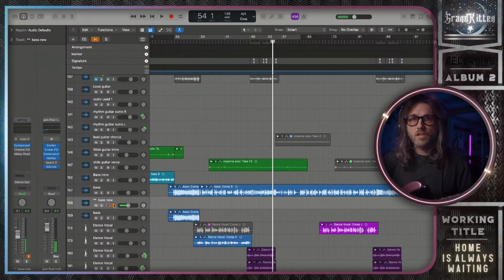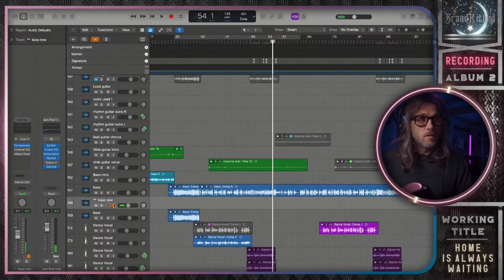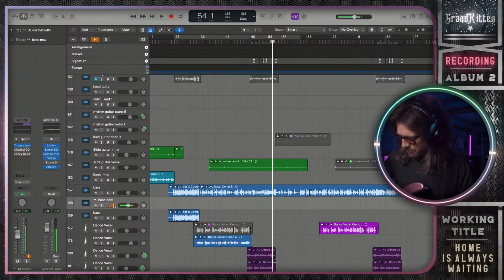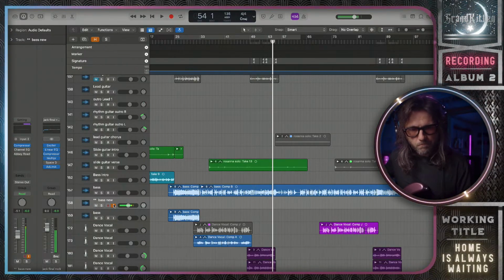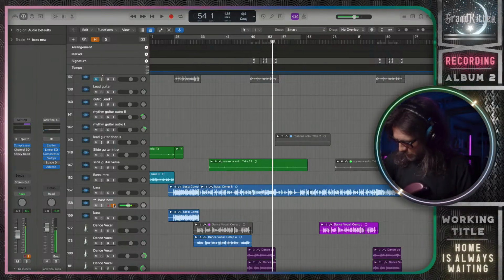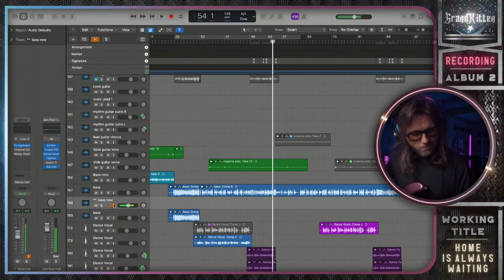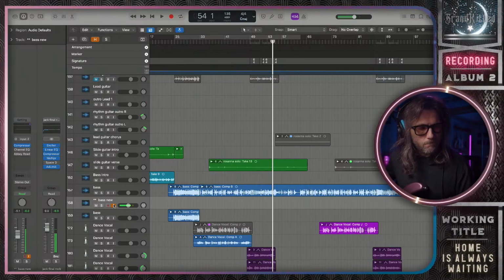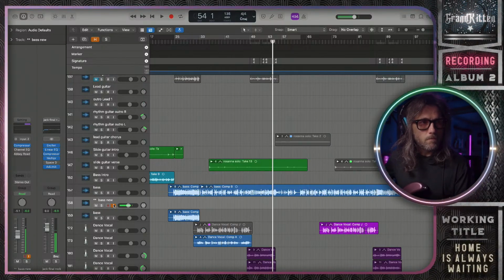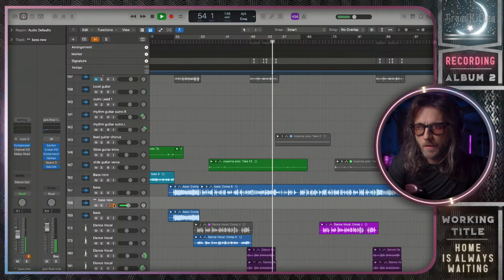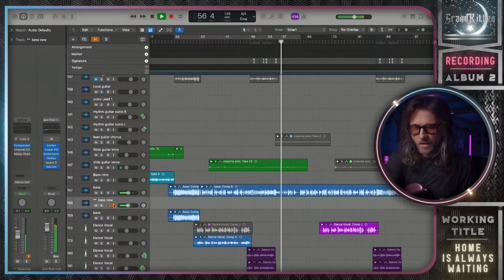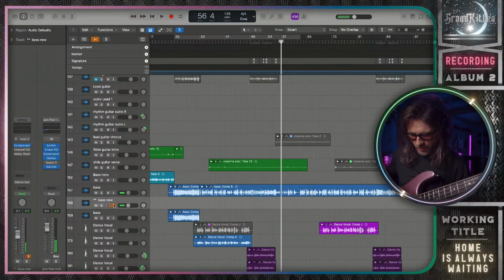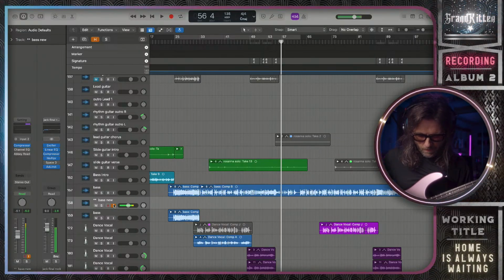So just checking my preamp stuff. Oh, that's why, I'm on the wrong pickup. All right, let's listen up real quick. That's right. So it's down here on the, or